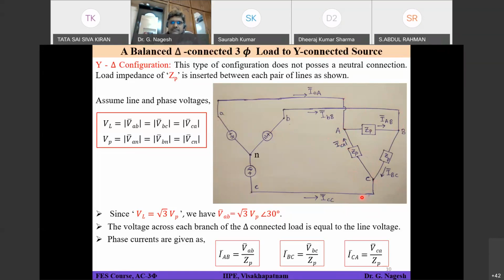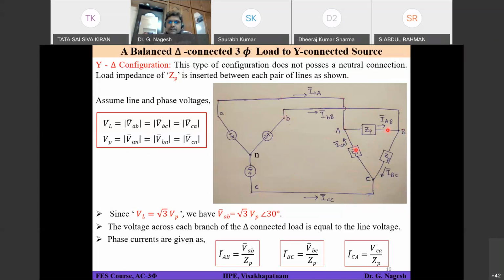Each phase load, one particular phase, will have two terminals, right? So that means this one and this one. Since I have connected in this fashion, finally I'm getting three terminals out because this is A, this is B, and C. This kind of connection is called as delta form of connection of your load. If I connect in this fashion, then I'm having 3 terminals. So I should connect these 3 terminals to the source. If I'm connecting this A straight away to this A phase, this is one way I can connect. B also straight away to B, C also straight away to C.